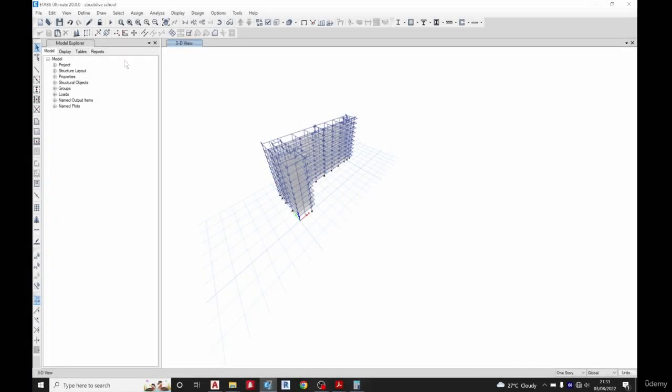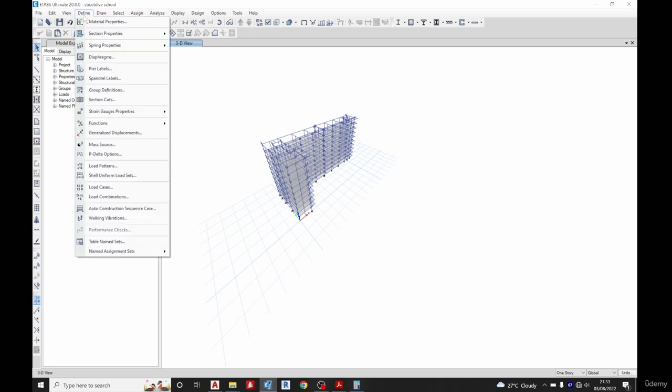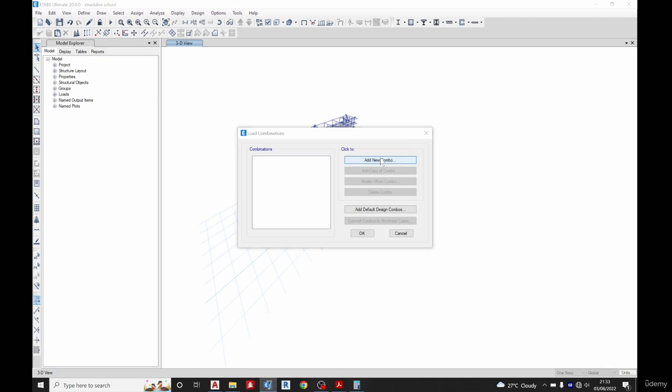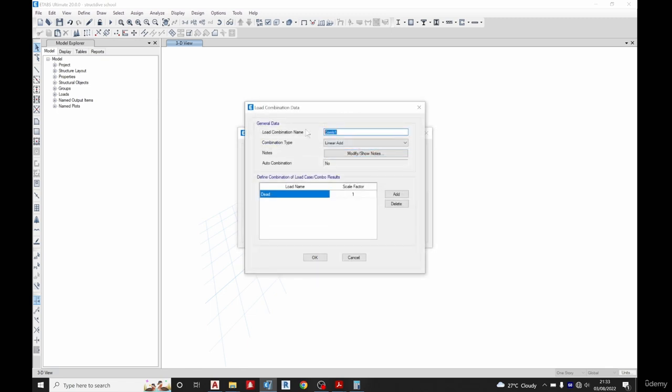In today's lesson, we shall be talking about load combinations. So we'll go to define, then you see load combination. So we can define it manually ourselves. Let's say, for example, I want to create a service load